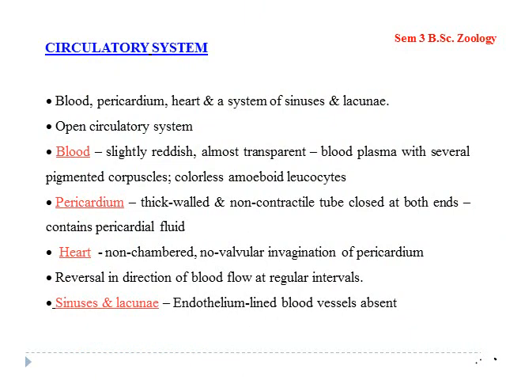So the circulatory system in Urochordates, it is an open circulatory system we can find. So Ascidians possess an open circulatory system as against a closed circulatory system as is found in the higher chordates. So what is the difference between open circulatory system and closed circulatory system? In open circulatory system, the blood flows through open sinuses and lacunae. But in closed circulatory system, the blood flows through closed vessels, which we call blood vessels, like arteries, veins,